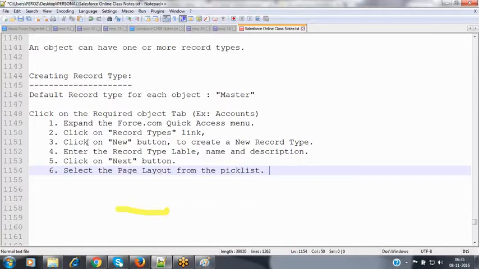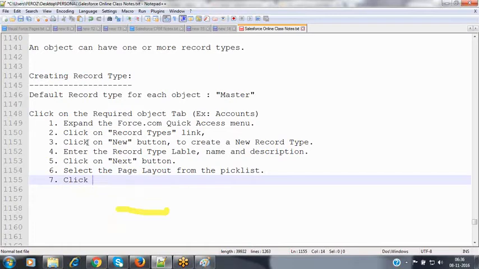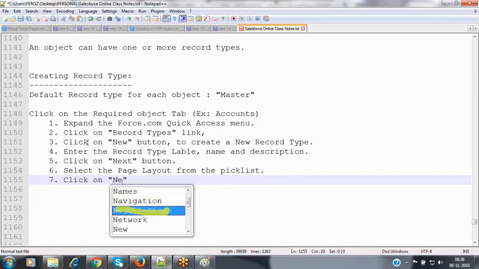Whatever page layouts are available inside that object, all of them will be populated inside the pick list. From there, we have to select the page layout which we want to show when we click on this record type. Once you select the record page layout, click on the next button.